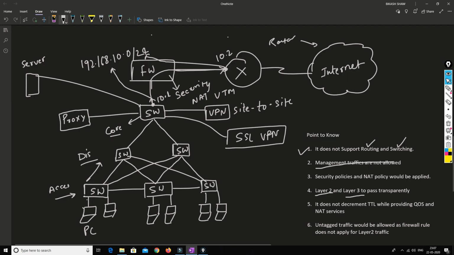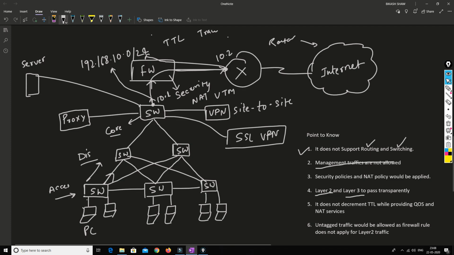Now if somebody is troubleshooting the network and does a traceroute to find out whether there is a firewall in the path, they will not be able to find it because it doesn't decrement the TTL value. As traceroute works on TTL values, and the firewall never decrements the TTL value, the traceroute will not be able to find out whether the firewall is there in the network or not.